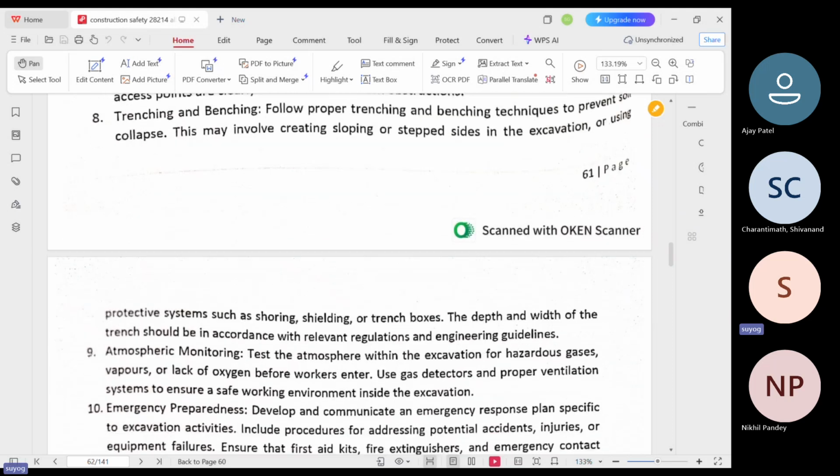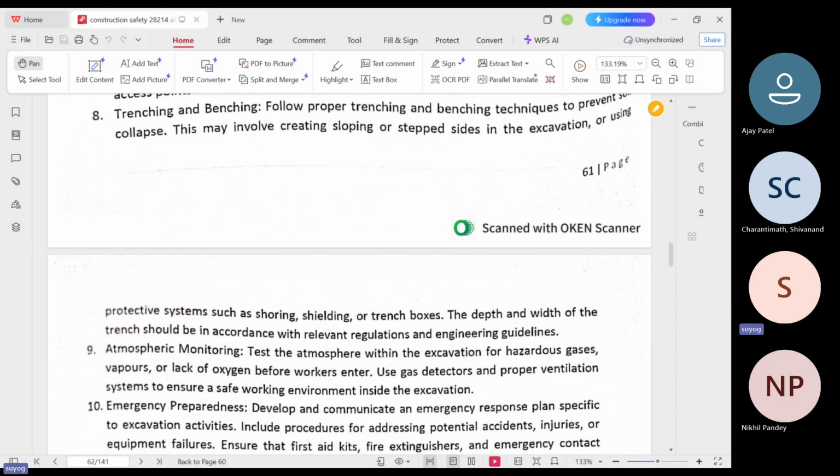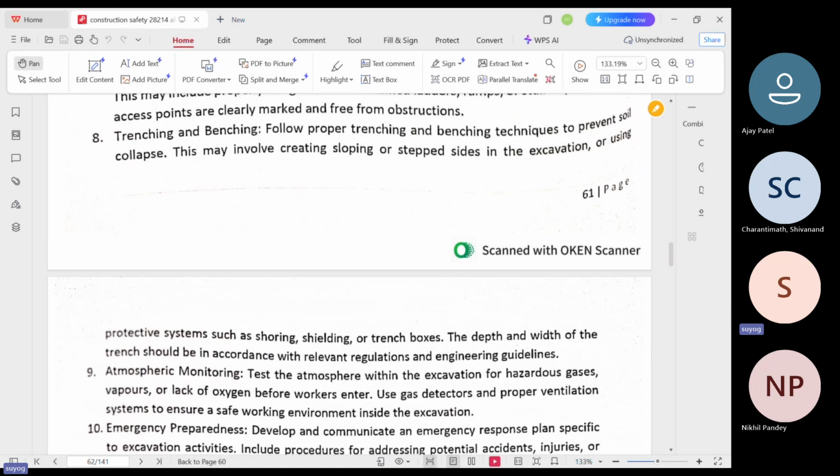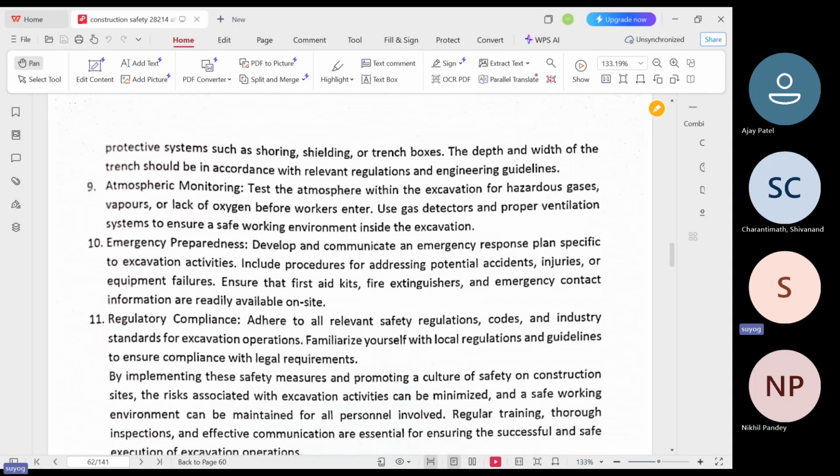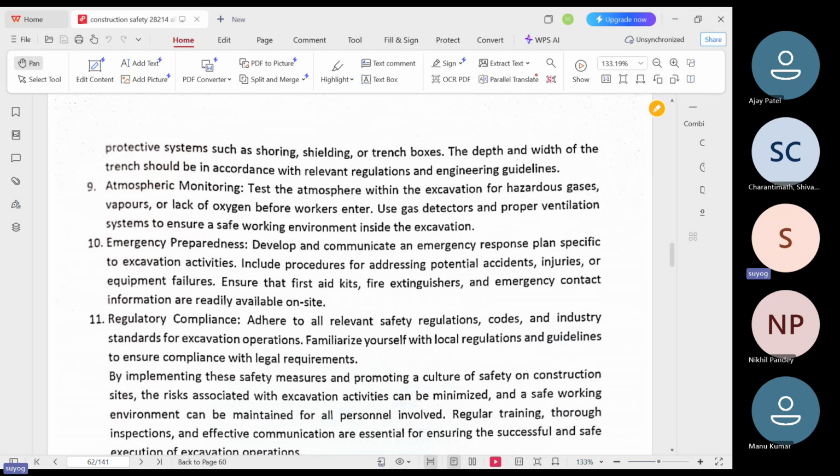Trenching and benching: follow proper trenching and benching techniques to prevent soil collapse. This may involve creating sloping or stepped sides in the excavation or using protective systems such as shoring, shielding, or trench boxes. The depth and width of the trench should be in accordance with the relevant regulations and engineering